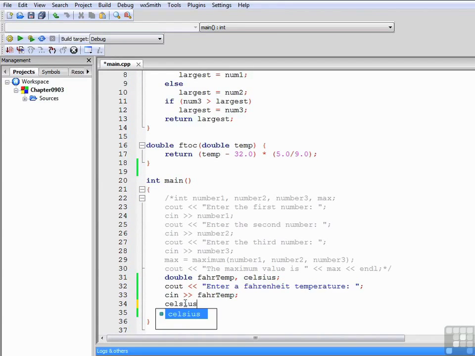And then write Celsius is equal to F to C var temp. That's calling the F to C function with the value stored in the var temp variable and assigning the return value of the function into the Celsius variable. Then we want to write out the results, so we'll write cout var temp